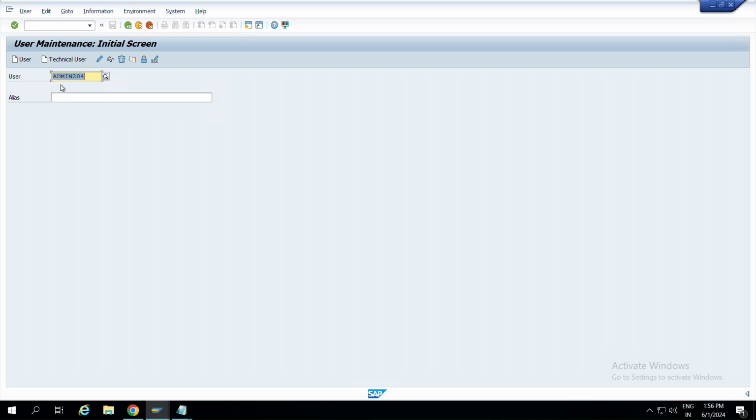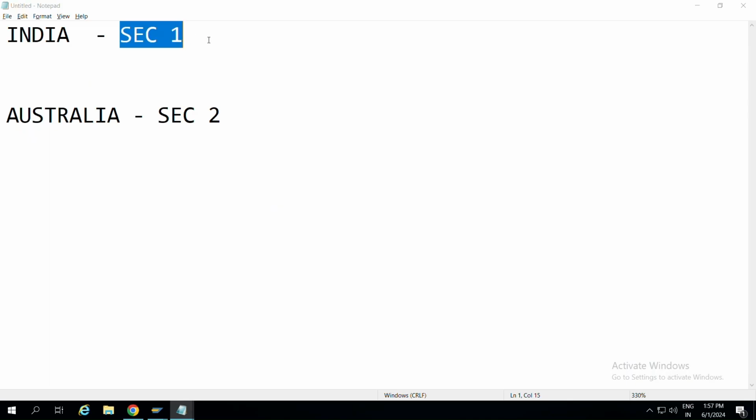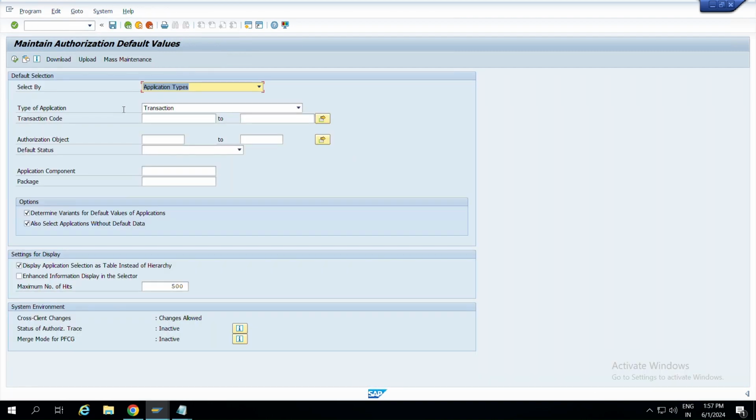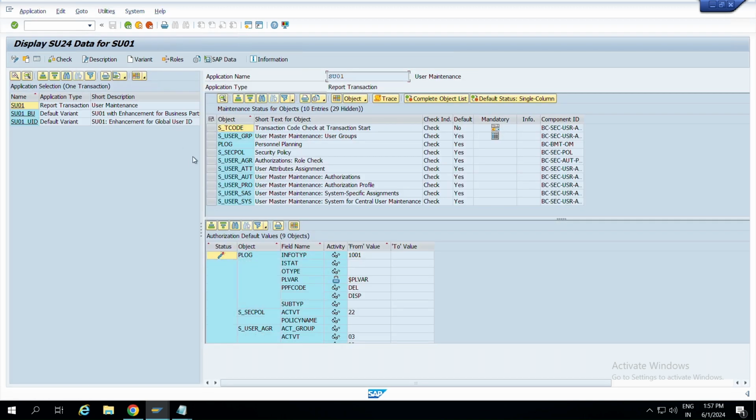And then what you have to do for these security users, there is an authorization object called, let me show you that object here. There is an authorization object called S_USER_GRP. This one, user master maintenance user groups.